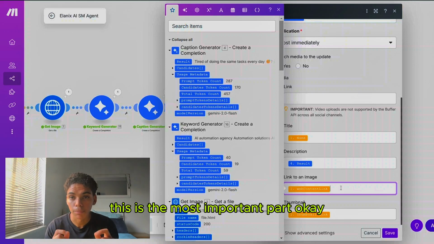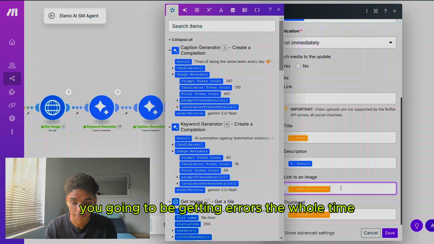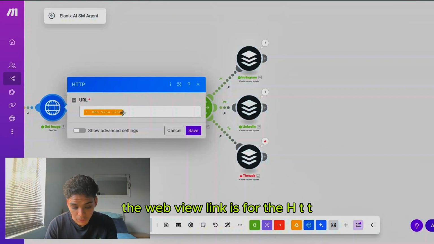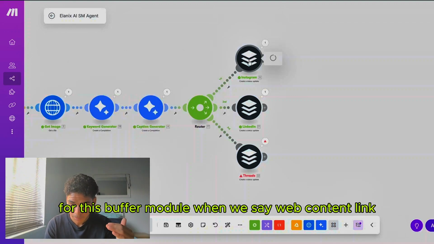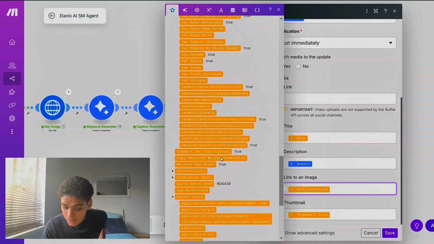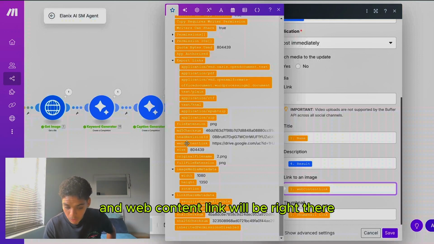This is the most important part, okay? Because if you get confused here, you're going to be getting errors the whole time. Web content link is not the same as web view link. The web view link is for the HTTP module we set up earlier, okay? For this Buffer module, when we say web content link, we mean scroll to the very bottom of the screen, and web content link will be right there